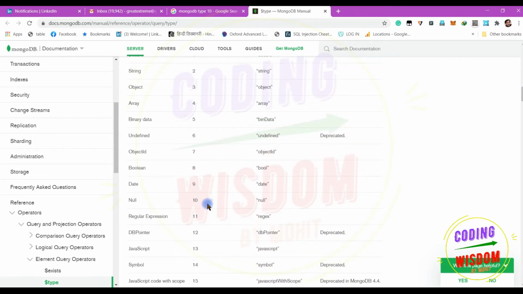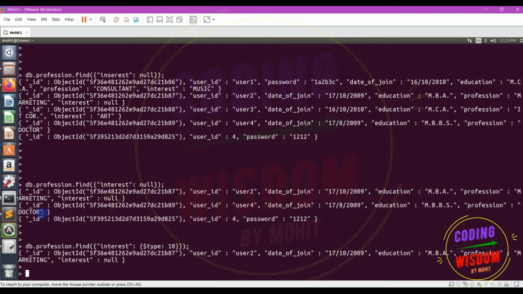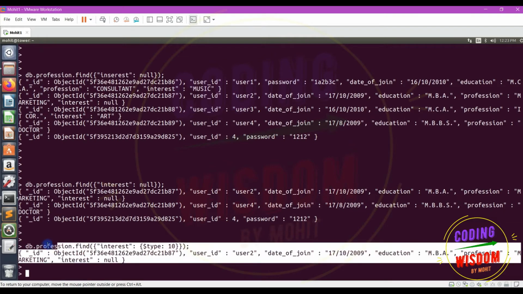So I'm finding the type 10. You have seen the previous one was giving all the documents which contain null as well as those which do not contain the interest field. But this one is giving me only the documents where interest equals null. All right. So in this way you can check.